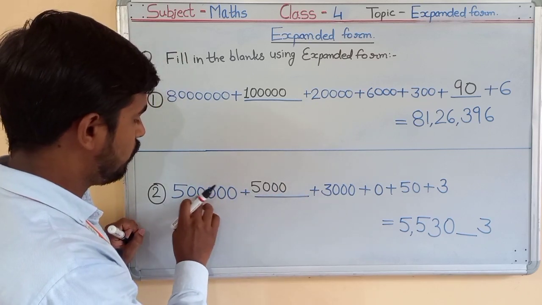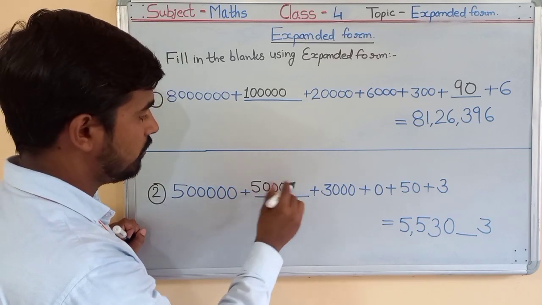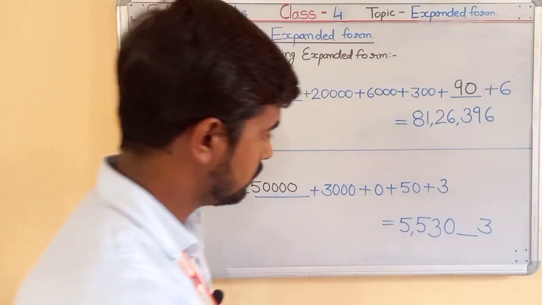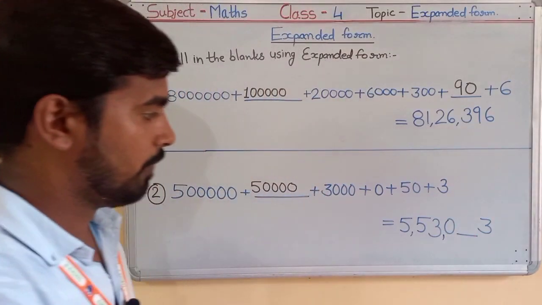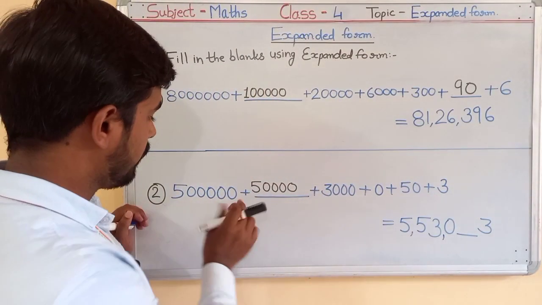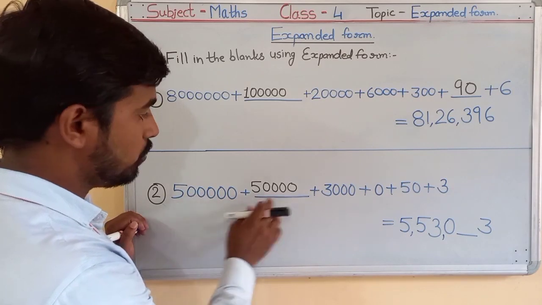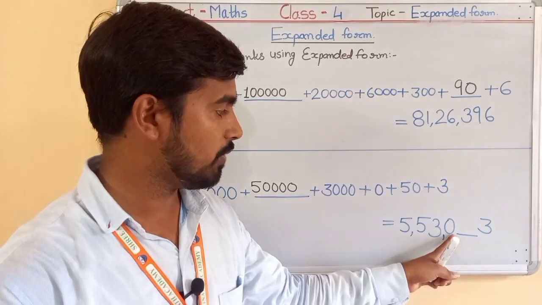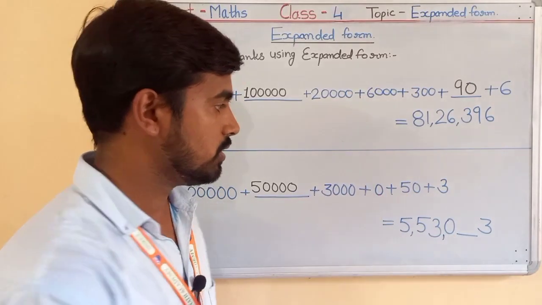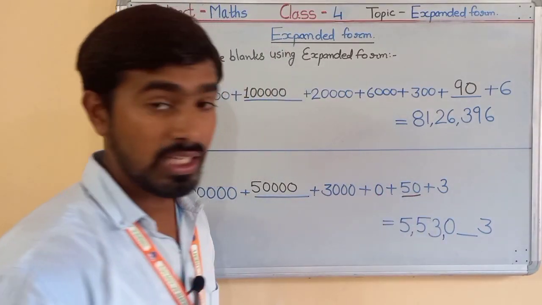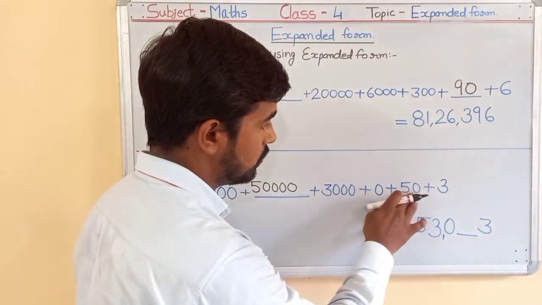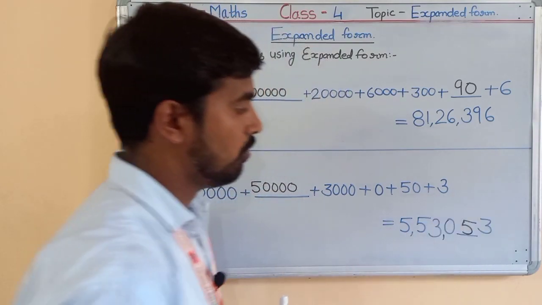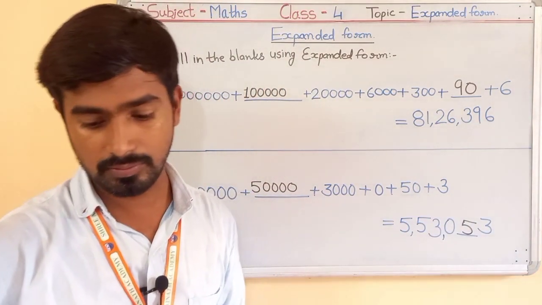1 2 3 4 5. 1 2 3 and 4. So we have missing 50,000. Okay children, this one. Now here is 1 2 3 4 5, then 1 2 3 4, then 3 zeros single because this is the place value of this 0. Now this is the 50. Five times, so this is missing here. You can write here 5. Okay children, so this is your fill in the blanks.